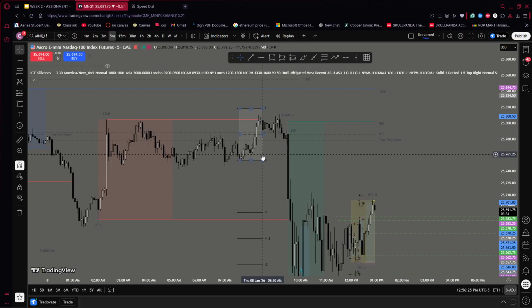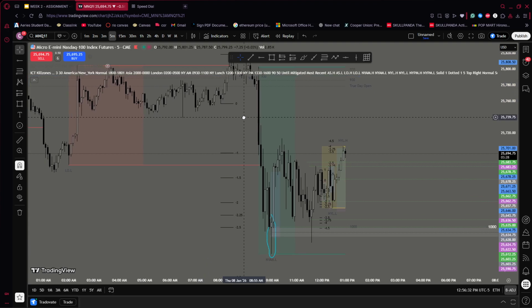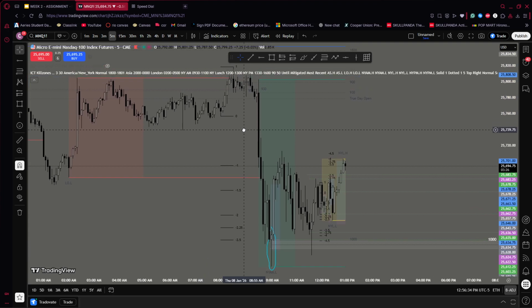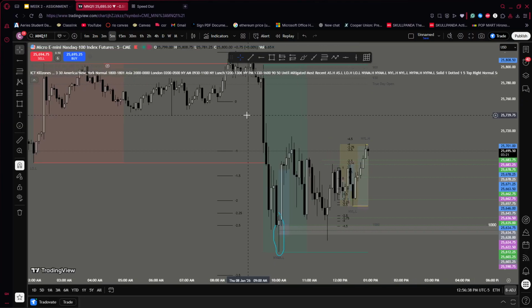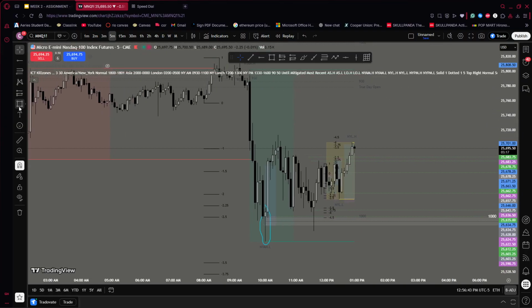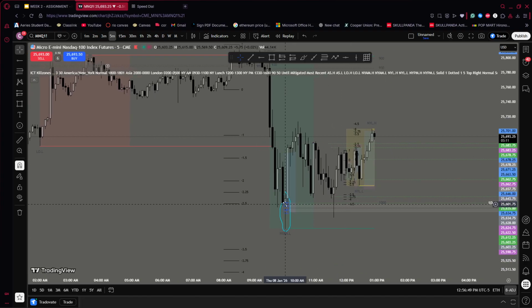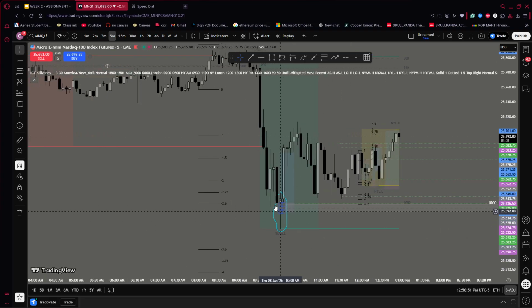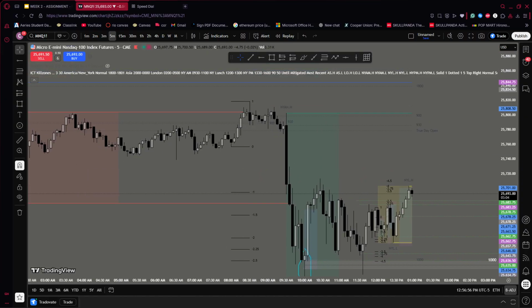And the reason I marked it on this low instead of this low, low-key, this would have worked too, but this is why I don't really like trading market open or really high volume sessions, because you might get slippage, or you might get a random spike that isn't too